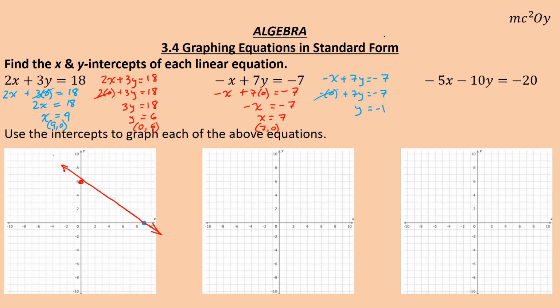So you have a y-intercept of -1, and an x-intercept of (7, 0). Okay, and then if you were to draw your line,